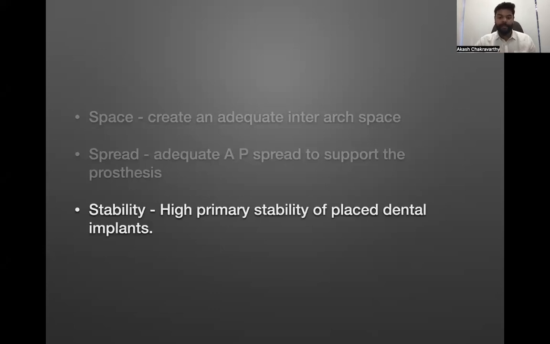Okay, stability. Can you give enough primary stability for these dental implants with the availability of the bone and the density and the quality of the bone and the available height of the bone? So you need to be able to plan in terms of whether your implant system you're using has the adequate heights to be able to engage the entire bone and engage the other cortex in order to get the required primary stability or not.